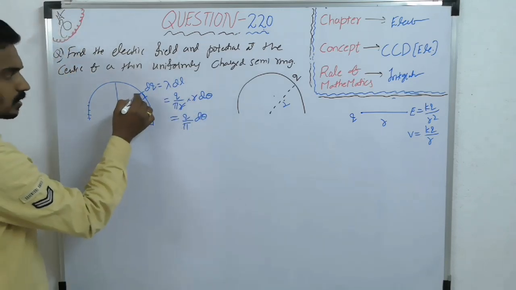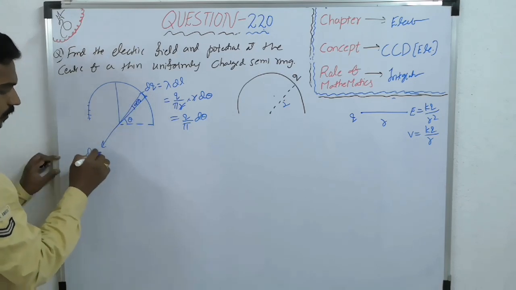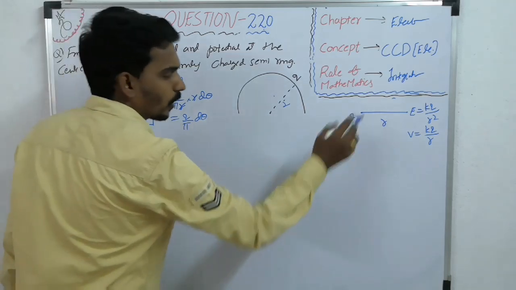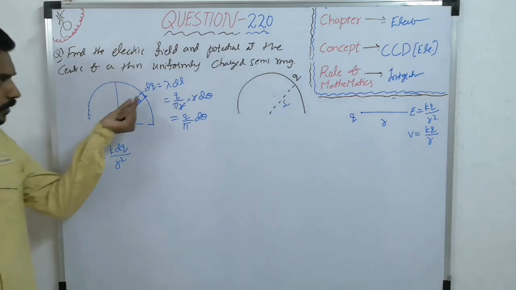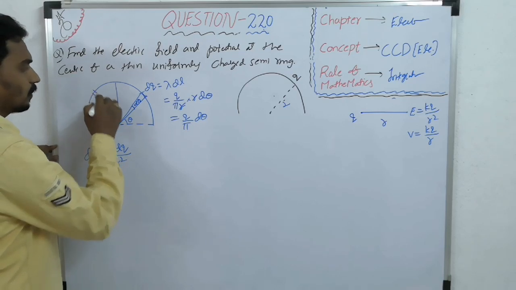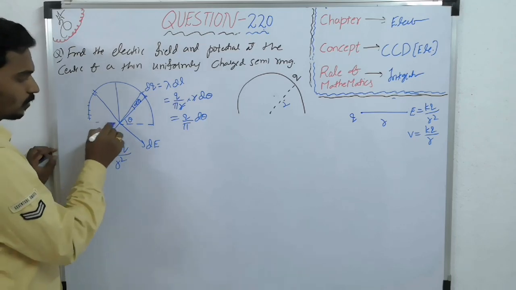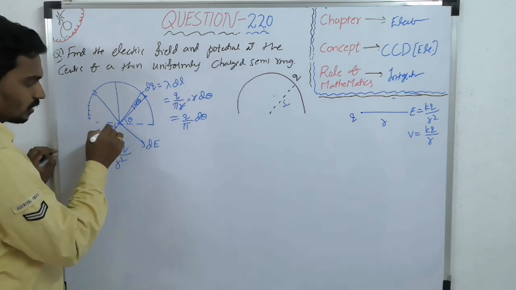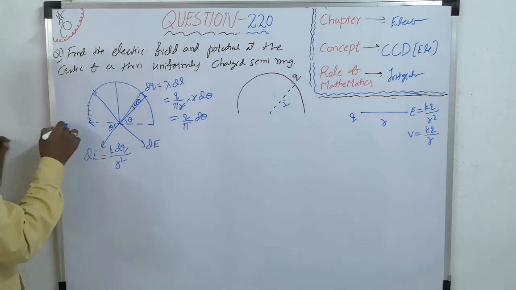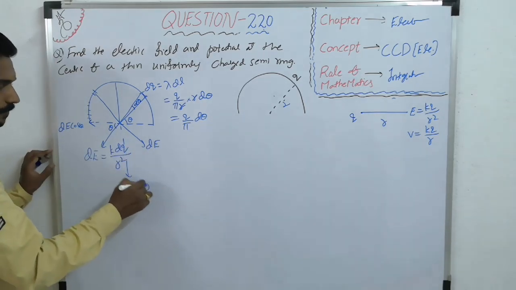This is the small charge on the small element, and due to this small charge there is a small electric field, that is k dq by r square, like a point charge. Now this is the field due to one point charge, but many such elements will come. If you take a similar element here also, here one more dE will come. Now this is theta, so the horizontal component is dE cos theta and the vertical component is dE sin theta.